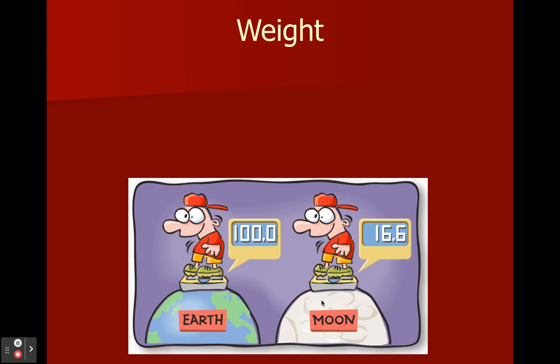Okay, so weight and mass. We have our guy here standing on a scale on Earth, and the same guy goes to the moon and stands on a scale and it only reads 16.6 kilograms. Here it was 100, and here it's 16.6. Did the person change? Well, the answer is no. This person didn't lose a leg or lose arms or lose his body when he went to the moon, but he's only 1/6 of the weight.